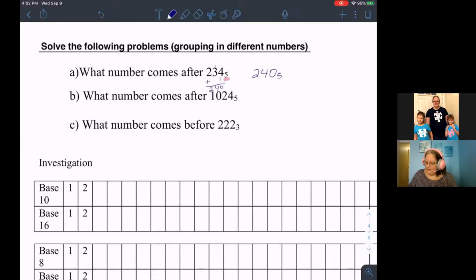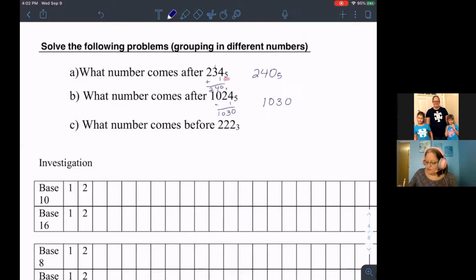What number comes after 1,204 in the fifth base? We would add a 1 to that. 4 plus 1 would go to the next grouping. 2 plus 1 is 3. We have 0 and 1. So our next,